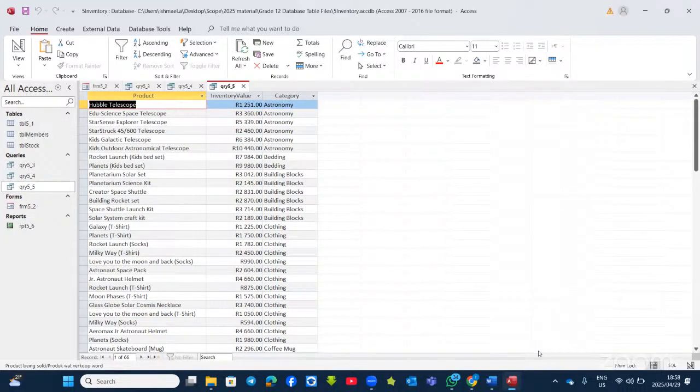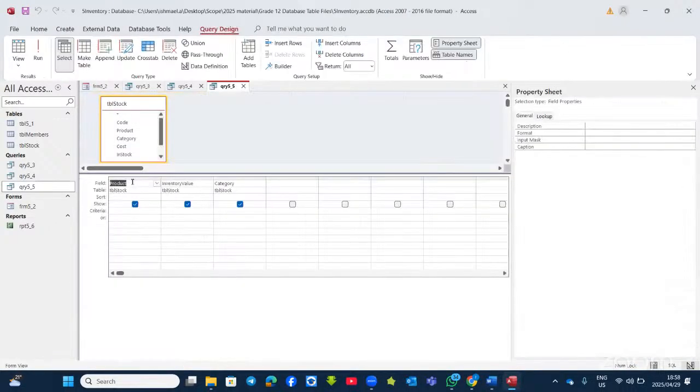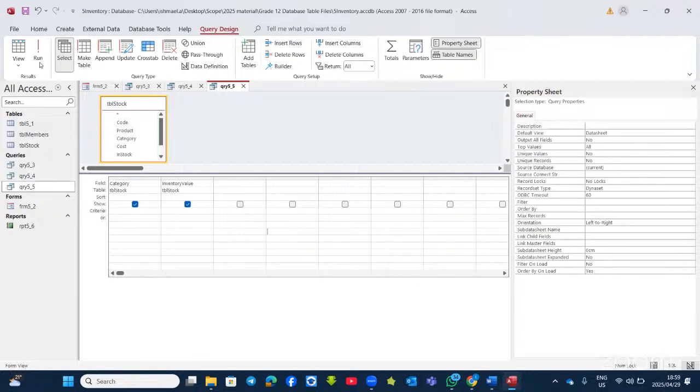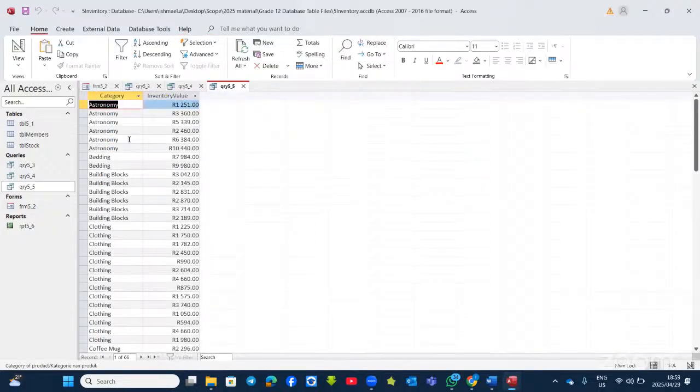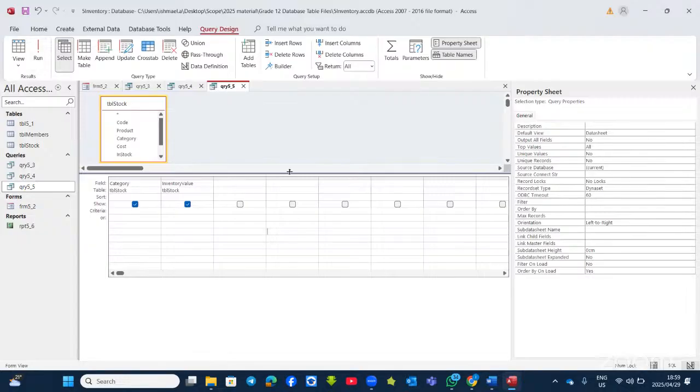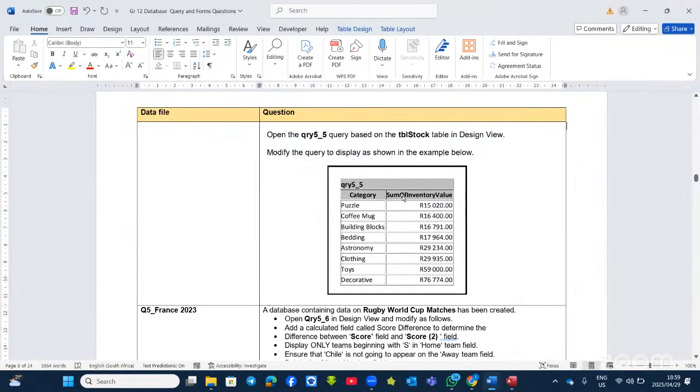So now the first one should be category followed by the inventory value. So meaning when you go to design view, the first one, we don't need the product. It should be category, and the second one is inventory value. We don't need this last category. We delete it. So we have only 2 columns. Let's run again. We have the category and inventory value. But now it says sum of. So anytime you see something like this, sum of, and you can see that